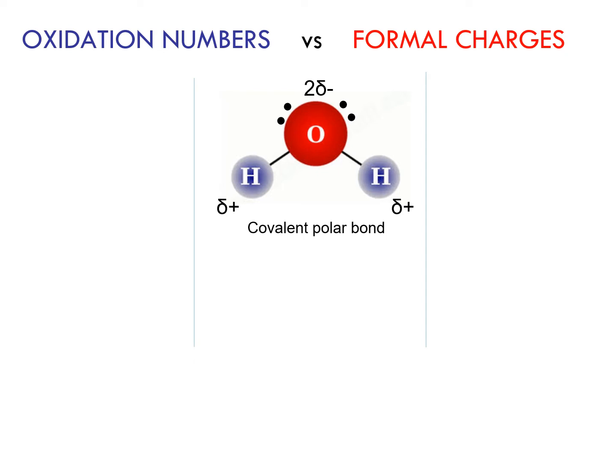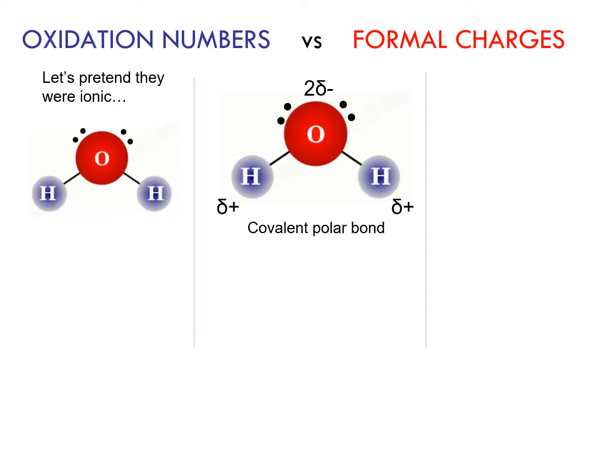Okay, when we are calculating the oxidation number, we are sort of pretending. We are pretending that all the bonds are ionic even when they are not ionic. So for example, if you're calculating the oxidation number of NaCl, that's ionic, no big deal. The oxidation number corresponds to the charges on the ions, but you can calculate the oxidation numbers even for molecules in which there are no ions, right? So we need to pretend that the bonds were ionic. What would happen if the bonds were ionic?